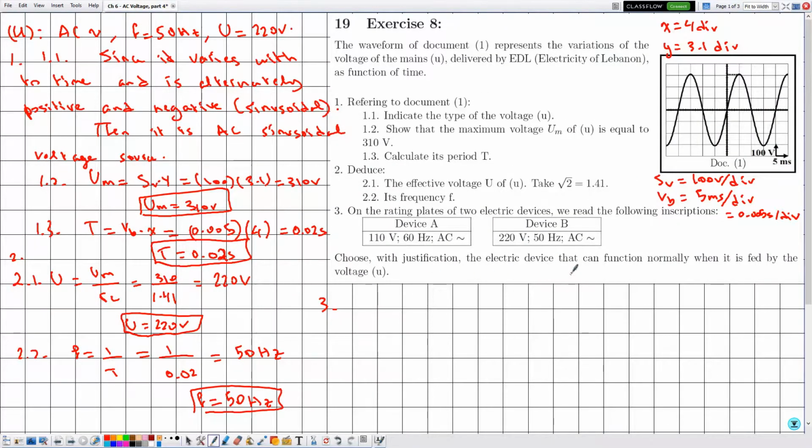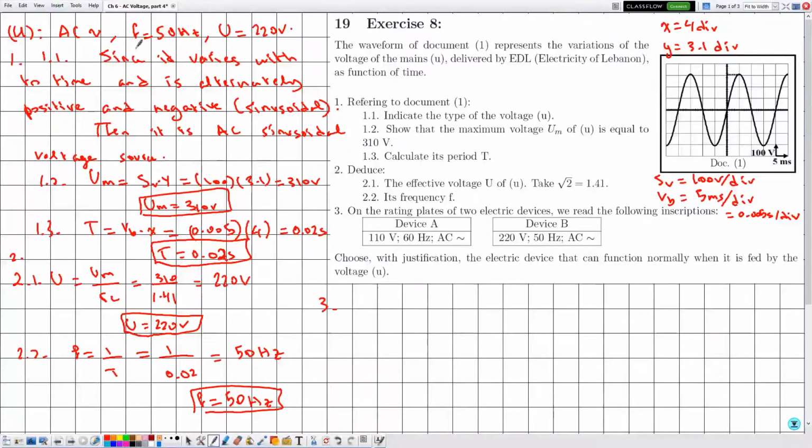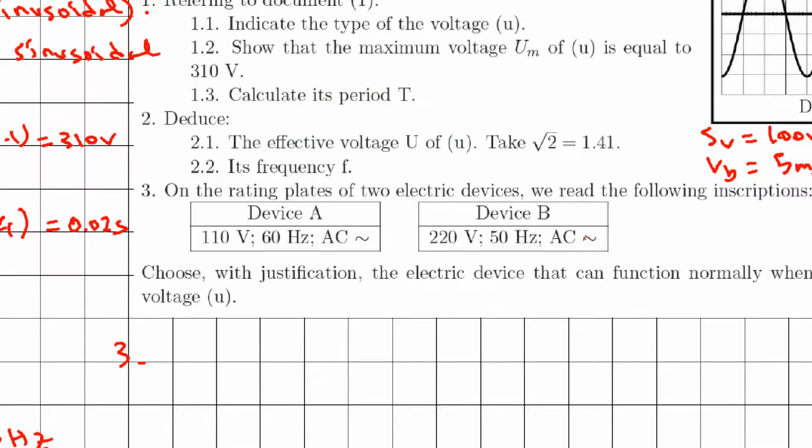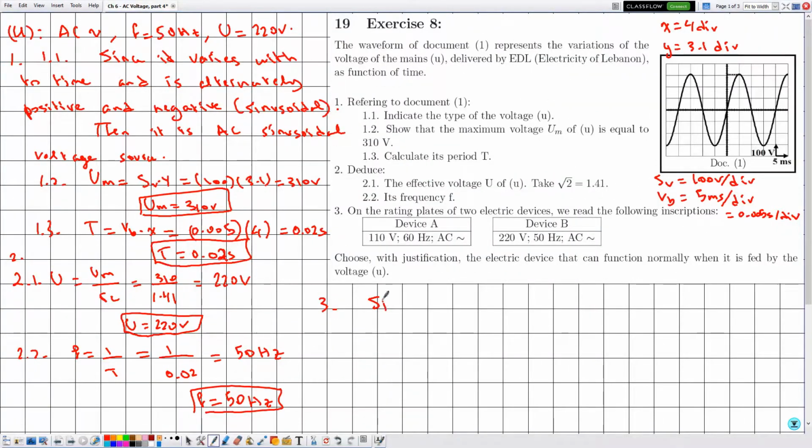They are telling me to choose, with a justification, the electric device that can function normally when it's fed by the voltage U. Now in order to determine which device functions normally when fed by U, we need to compare these indications with that of the generator U. So notice that the indications of device B agree with U. So let me say that since the applied voltage, and whenever we need to discuss the functioning of a device under AC voltage, we always consider the effective voltage and not the maximum voltage, because it is the one that makes the effect. Since the applied voltage